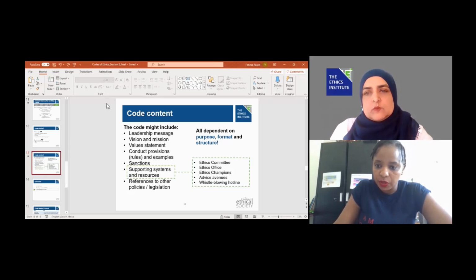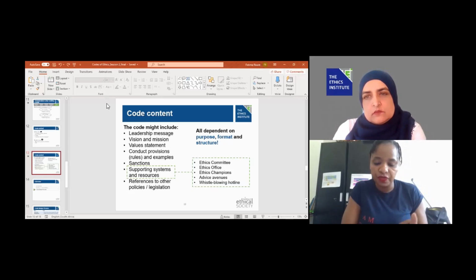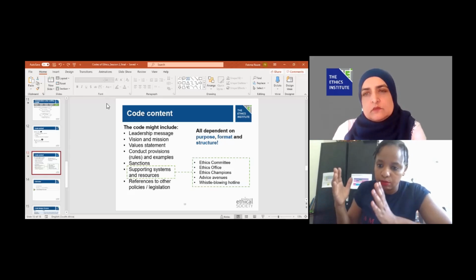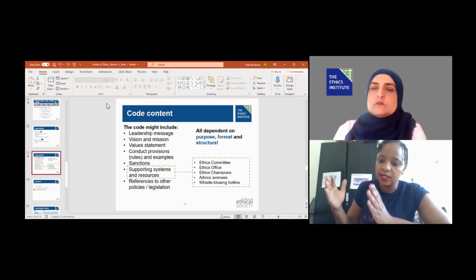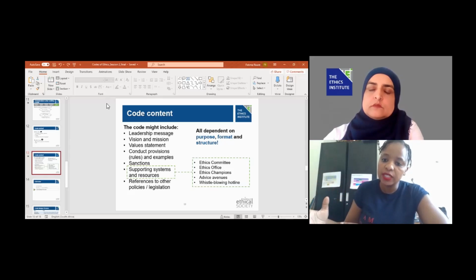If we want our code to be something that transforms the culture, it should be, like Fatima was saying, more turned into values, or maybe more inspirational and less of straight rules that tell exactly what people should do and how they should do it, and what the sanctions are if they don't do it that way.